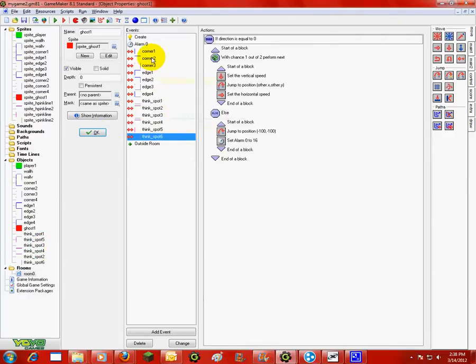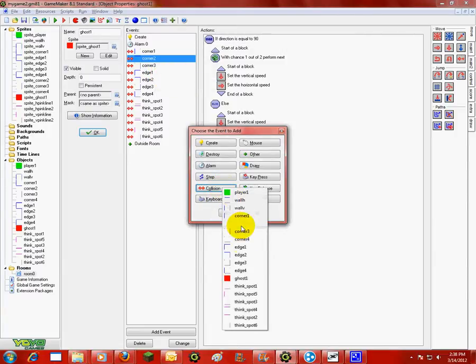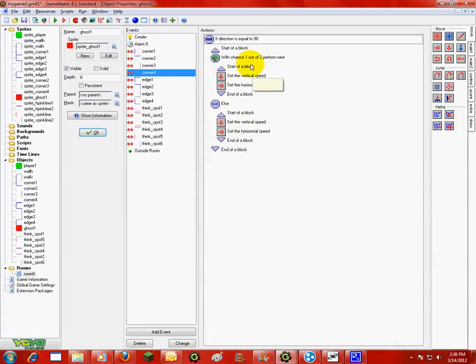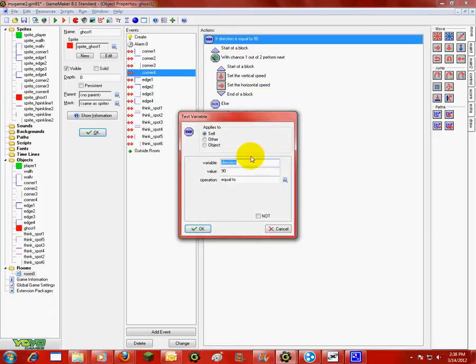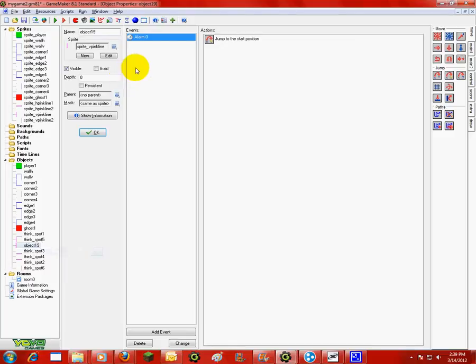So that's good. So now corner 2, we can duplicate into collision with corner 4. And instead of going up, it will be going down, which is direction 270. And these go left and right. Alright, so this is good. This is correct. Alright, so now we need a couple more ThinkSpots, so we can duplicate ThinkSpot 5 into a